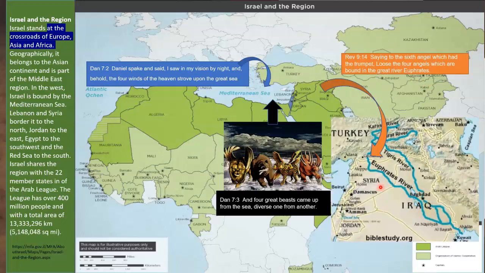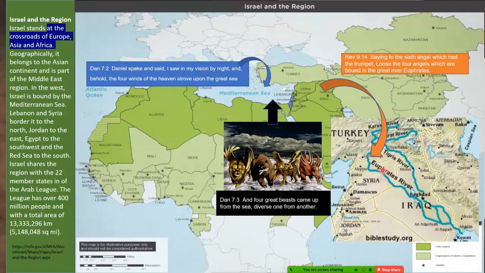And in Revelation 9:14, we read, saying to the 6th angel, which had the trumpet, loose the 4 angels, which are bound in the great river Euphrates. So my question that I want us to ponder is, is there a connection between these 4 beasts rising up from the sea, diverse one from another, and the 4 angels that we read about in Revelation 9:14 by the